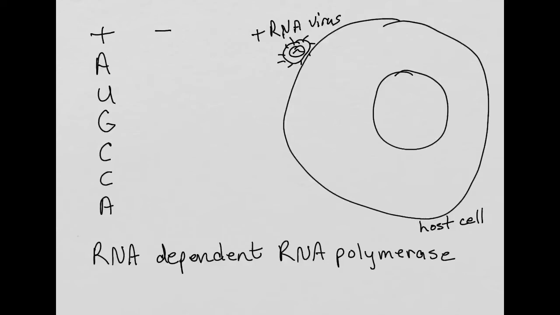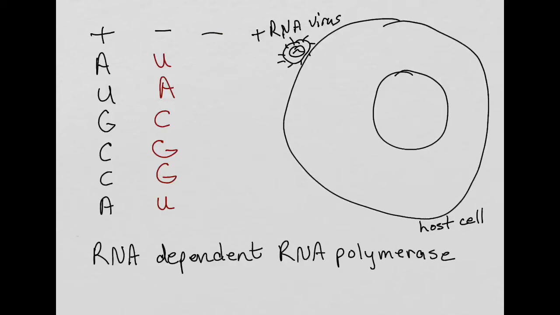So the first thing that the RNA virus has to do once it gets inside the host cell is to make a negative strand. This negative strand is going to be A to U, U to A, G to C, C to G, C to G, A to U. This negative strand